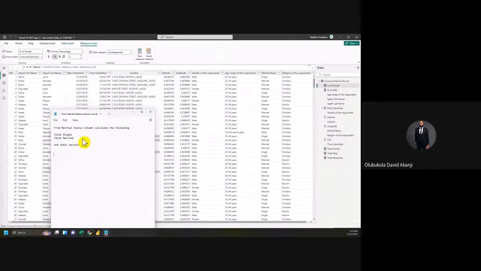Number two is also a replica of that. You also do for religion: calculate for religion, then you calculate for Christian, you calculate for Muslim, you calculate for total others and their percentage. Then the third one is